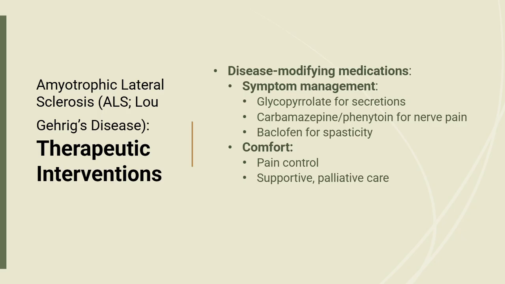Pain control is also an important consideration. Although amyotrophic lateral sclerosis does not directly cause pain, secondary problems such as muscle cramping, immobility, pressure discomfort, joint pain, and spasticity can significantly affect comfort. Pain must be assessed regularly and treated promptly using both pharmacologic and non-pharmacologic methods. Comfort becomes increasingly important as the disease progresses and mobility declines.